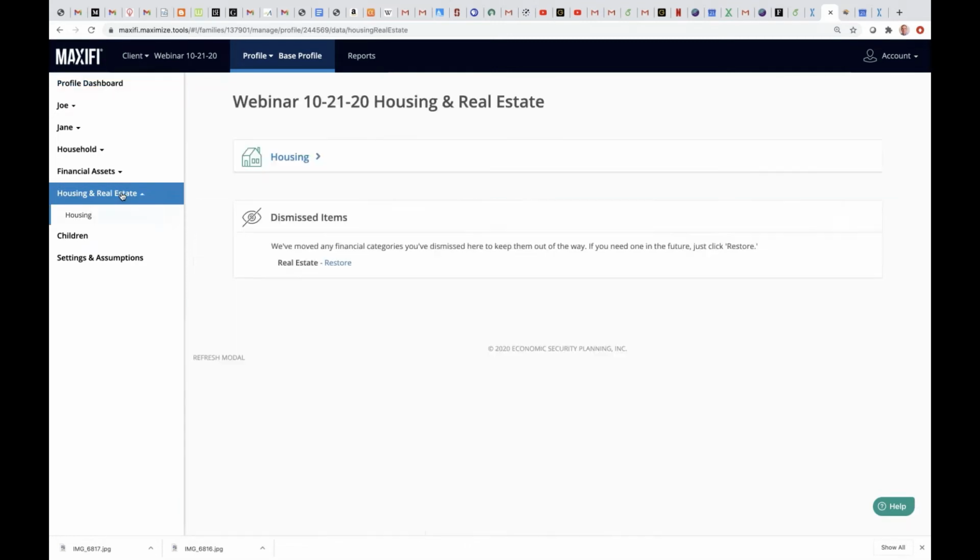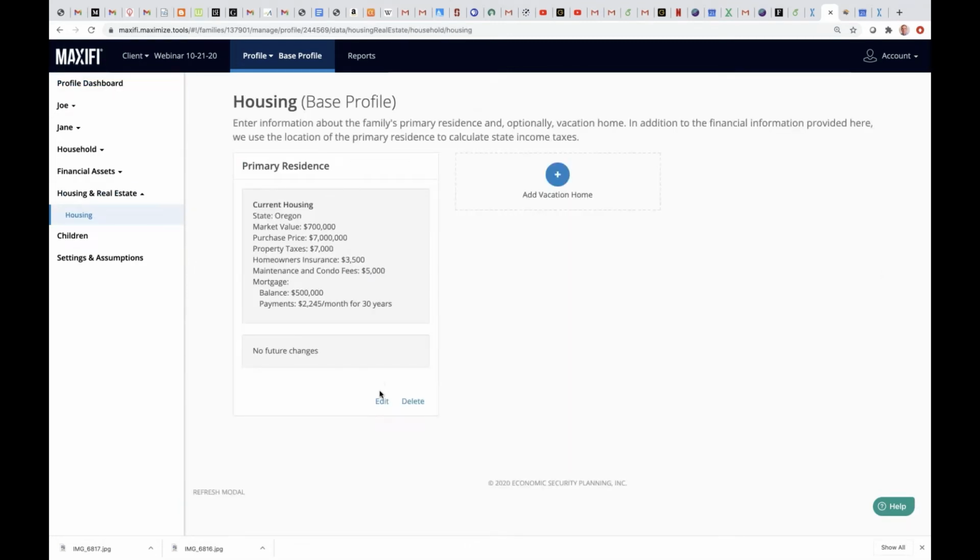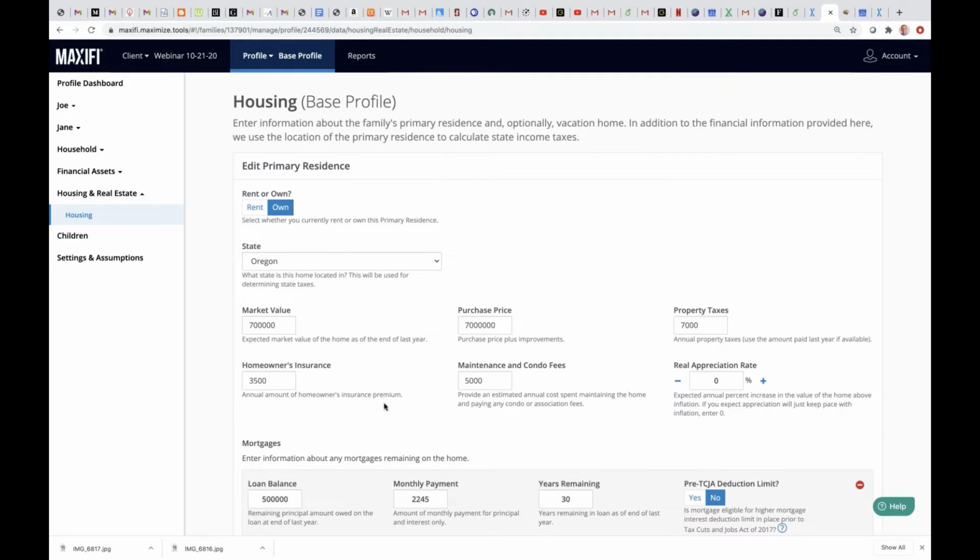So under housing, going back here to housing, see it right here, it says real appreciation rate. So I've left it at 0, but if you think that your house is going to grow at 1% faster than the general price level, you would put in 1% here. And so we certainly take that into account. Also, if you're entering real estate property that you might own, we also ask you about whether the price of your real estate property, maybe you own land, for example, will appreciate faster than inflation. So the answer is we handle that.